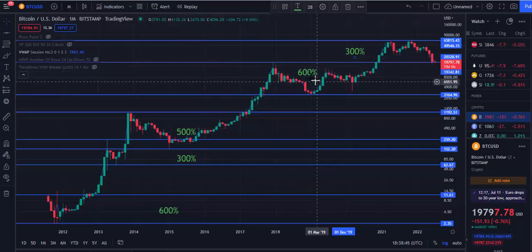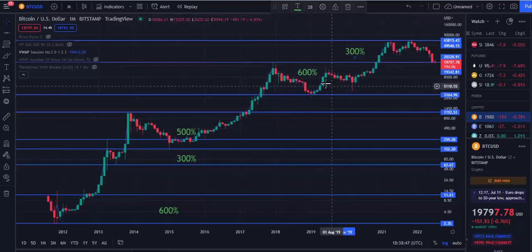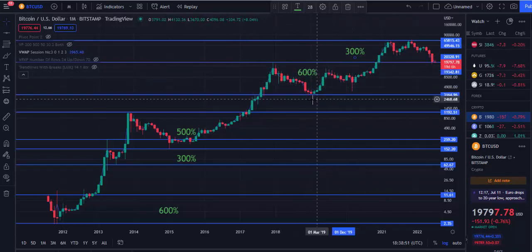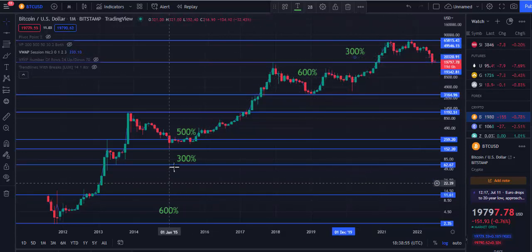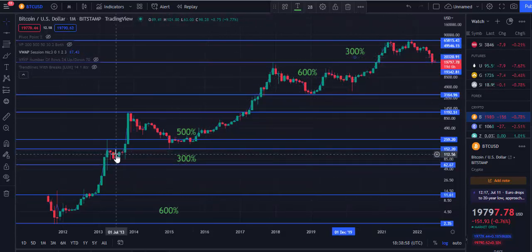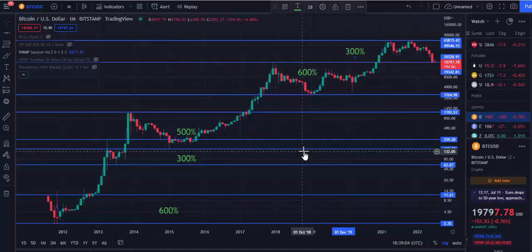And from the last one of 2017 to 2020, you made 600%. So you can see what happened previously. If you take a look at it now, except that 2013 is going to repeat itself between the all-time low, which was a very short period of time. So let's look at the time.